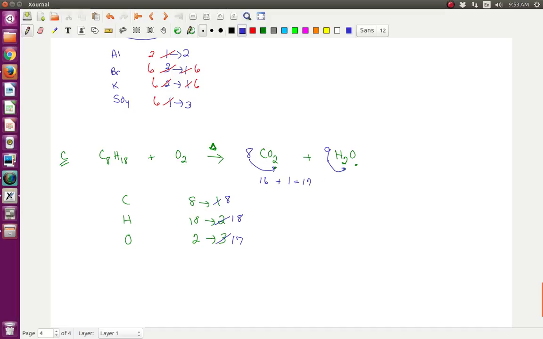Now how many oxygens do I have now? Well, I did have 17, but now I have 8 times 2 is 16 oxygens plus 9 more, and that's 25 oxygens. Now, 25 oxygens. You know, before I said make the carbons divisible by 4. Well, 8 is divisible by 4, but this is one of those cases where that rule isn't going to work,